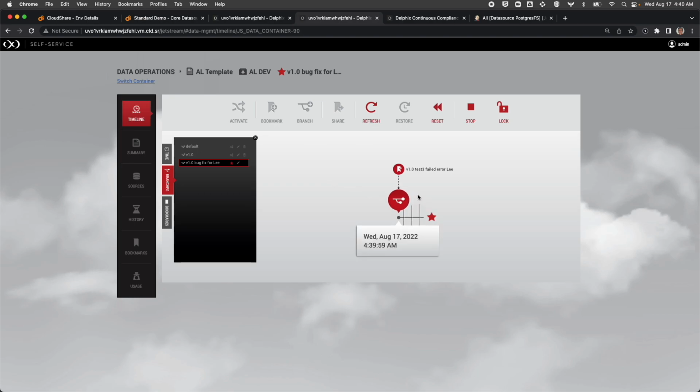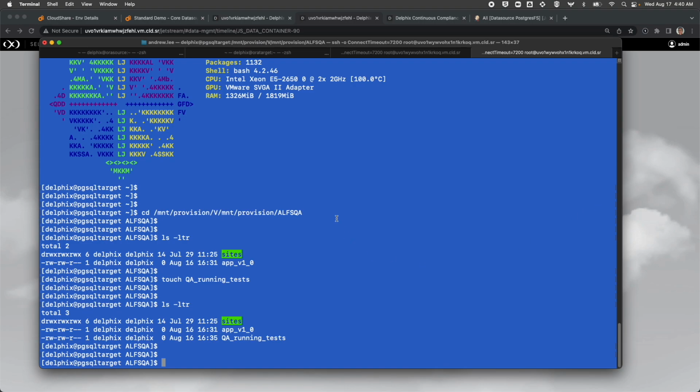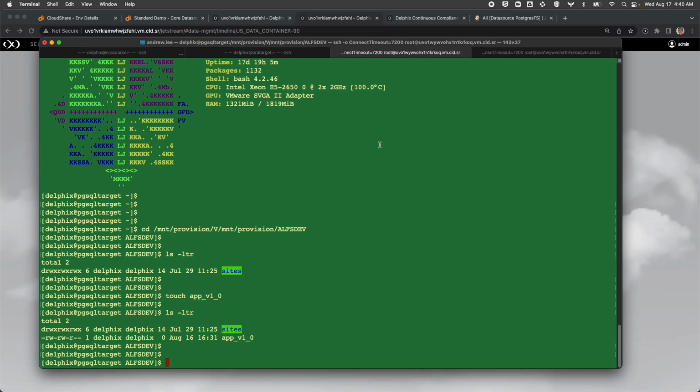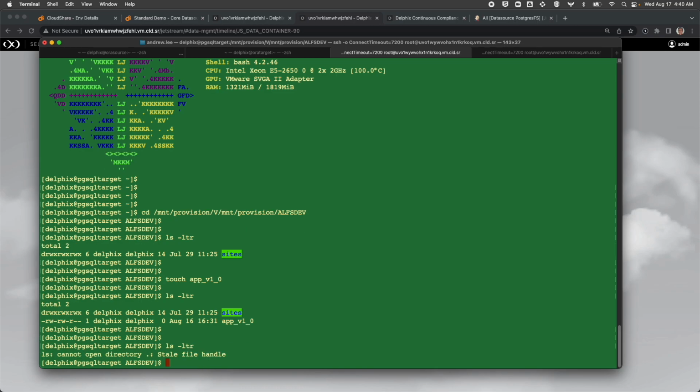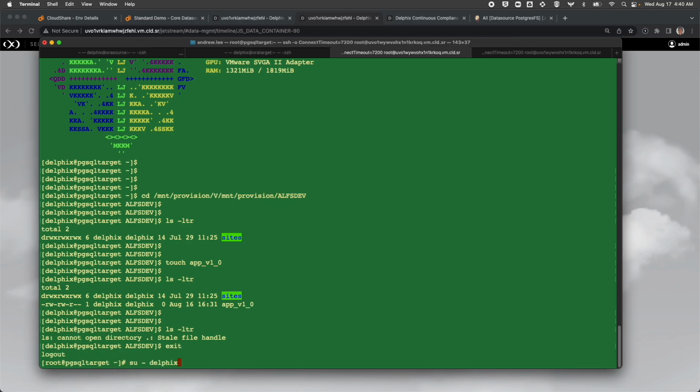Okay, so that's done. If we go back to the developer environment and try to do an ls -ltr, it will tell us that the directory is stale. What that means is that we have unmounted his timeline, the file system from his timeline, and mounted the version provided by the bookmark, the error bookmark given by QA. So right now we will have to exit this and log back in again as Delphix,